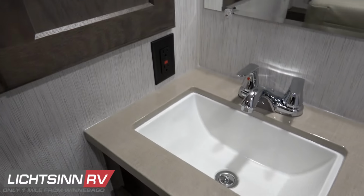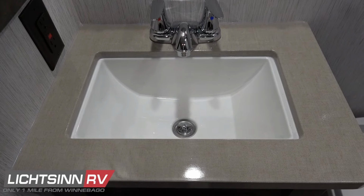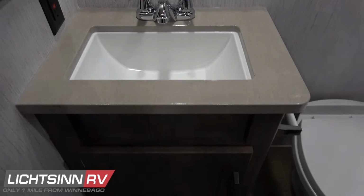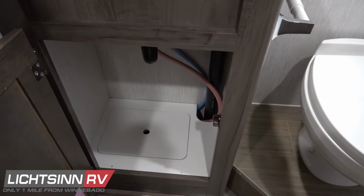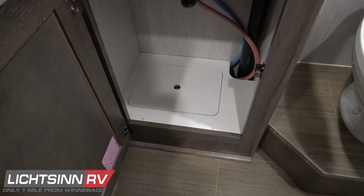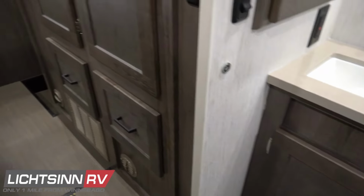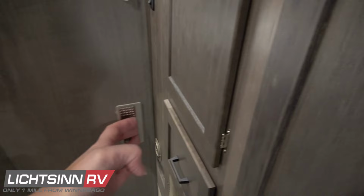And another GFCI protected outlet for lavatory appliances, for this waterfall style undermount sink that includes a dual control lavatory faucet. And again, you can see the location for the waste paper basket, but also access for winterization if you have to winterize the coach. But a nice sneak preview there of the Winnebago use of color-coded PEX, residential quality tubing